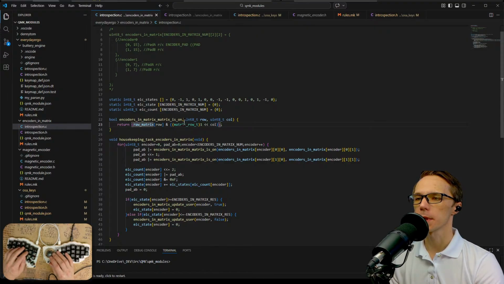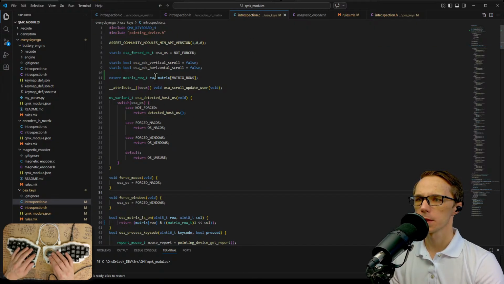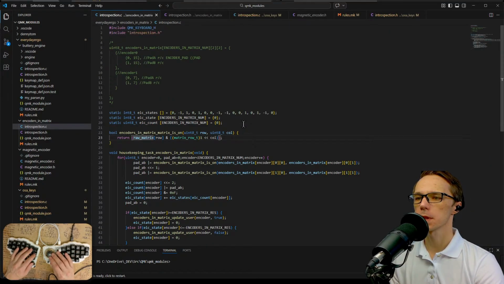So this one is correct right now. And the previous one over here, matrix, we have to change this definition. So over here we need the debounced matrix, and over here,